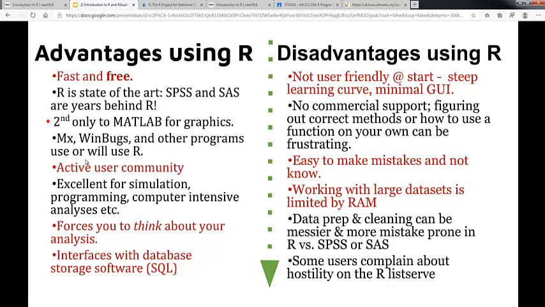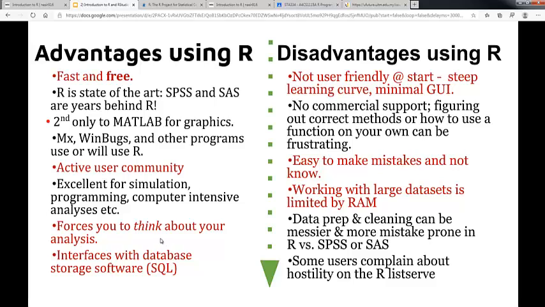Believe me, when you type any problem in R, you can find a solution on the site, right? And it forces you to think about your analysis. Unlike SPSS, you just dump your data, you run the analysis, you still get the result. But in R, you need to consider your data type, such as whether it's numerical, factor, or string, before you start with your analysis, and your analysis should meet all the assumptions,